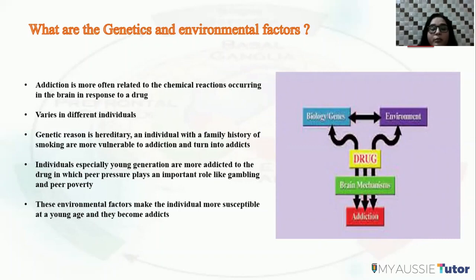Individuals, especially from the young generation, are more addicted to drugs, in which peer pressure plays a very important role, including gambling and poverty as well. If a child has a friend who is an addict, there is a greater chance that this child will also shift towards addiction because of peer pressure. Poverty is also a very essential environmental factor contributing towards addiction, as these people are also affected by family violence, family disturbances, and lack of communication between family members, and this leads to increased psychological stress, which ultimately brings the children towards more